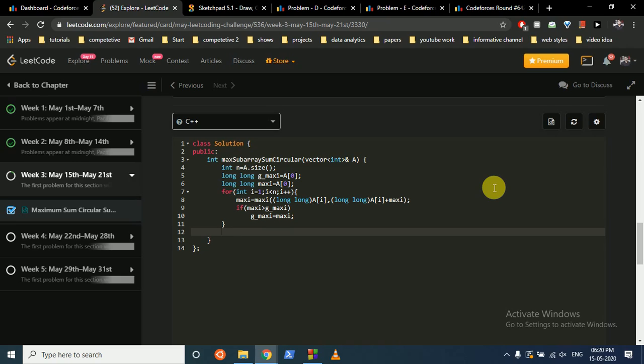Now we will find the total sum before inversion, and we invert and find the total sum at the same time. We will iterate over our array, and we find our total by adding a of i and also invert the sign.